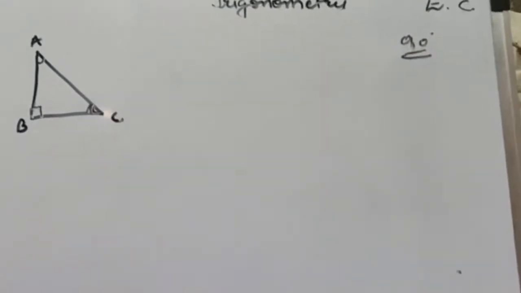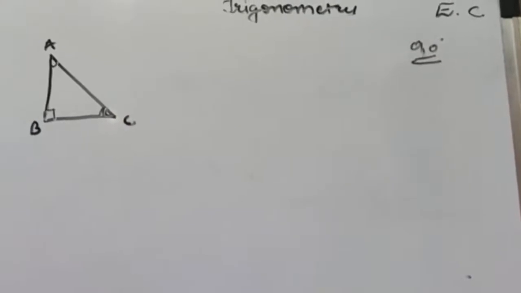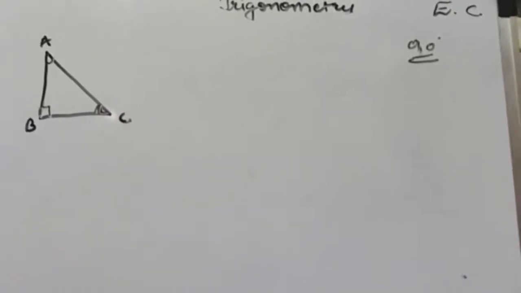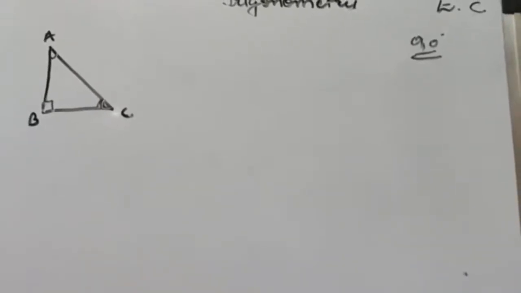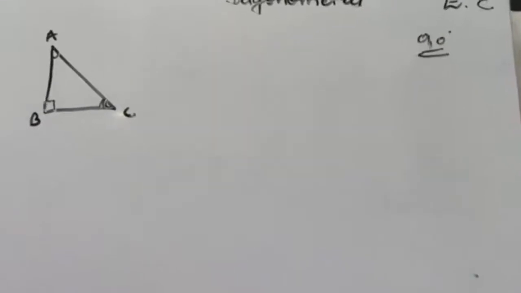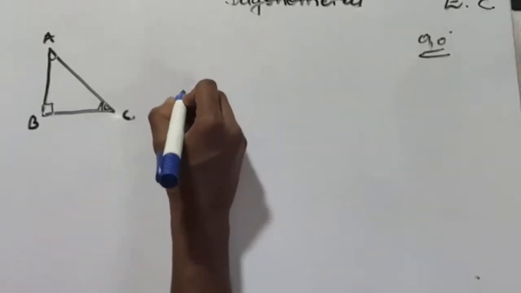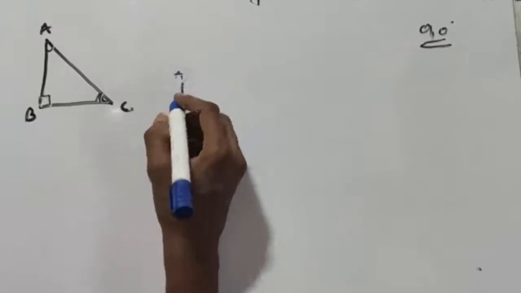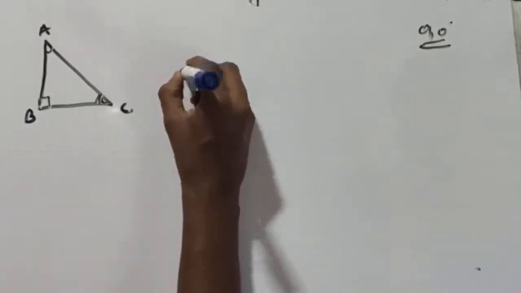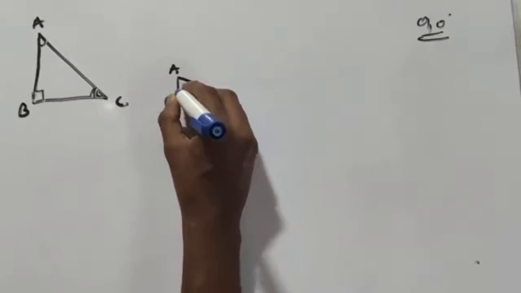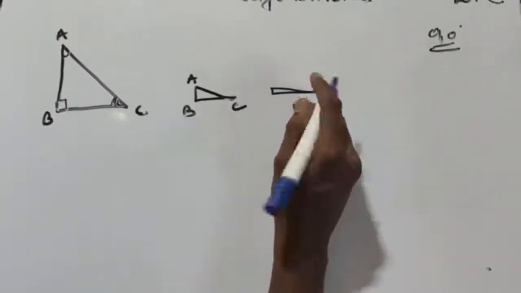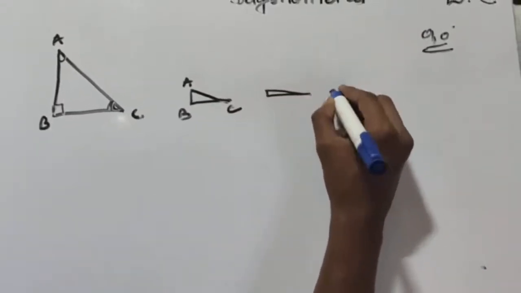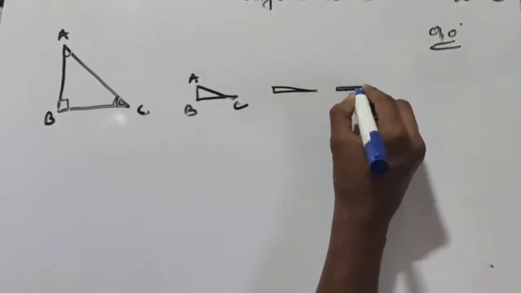So again, to find out values for 90 degree, let us reduce the measure of length AB again. That means bring side AC near side BC, like this. We reduce the length of side AB. That means side AC comes near BC. Eventually it is going to look like this, or maybe like this.